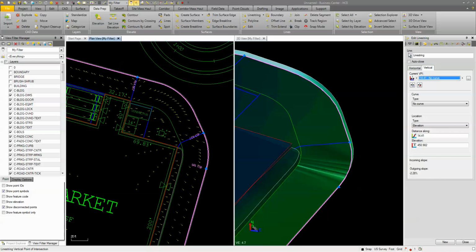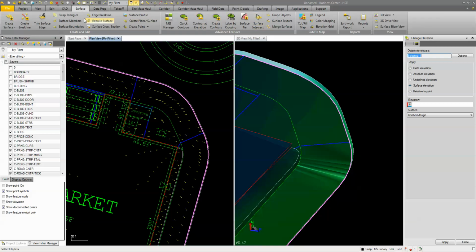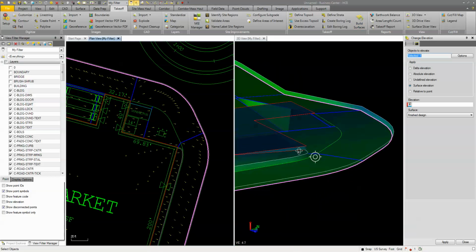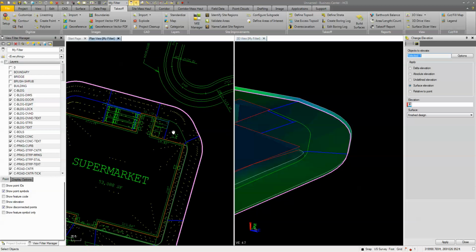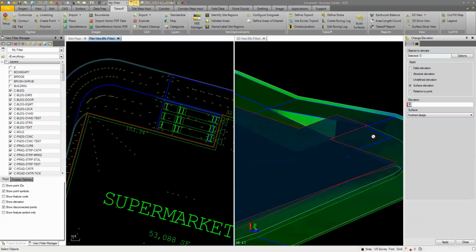So if I rebuild this now, so go to take off and rebuild, or build surfaces, it should clean that up. So yeah, it's cleaned that up. It looks a lot nicer in that area. And that's what we want to do. We just want to go around and get rid of the extra lines that we don't need. So like this one here, if we come over,